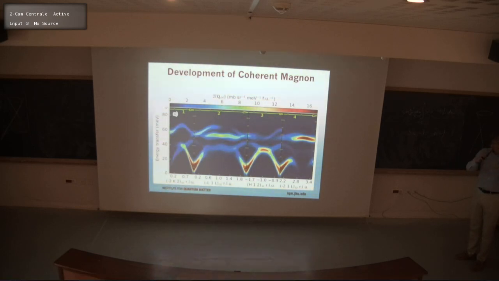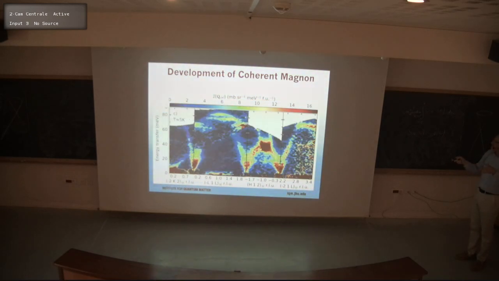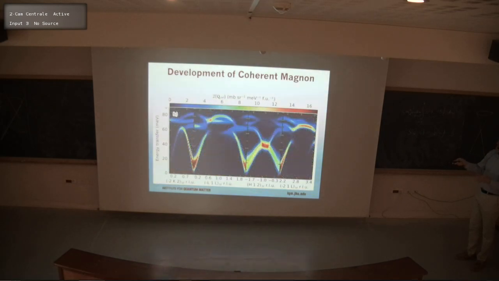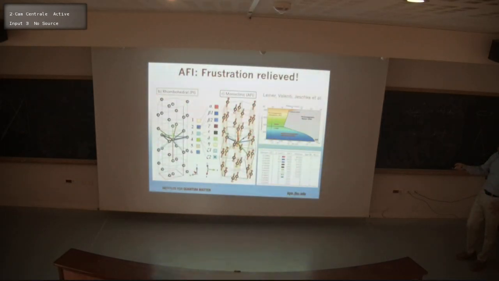You can then adjust the exchange constants a little to try to improve the agreement with the measured excitations, and you get this kind of pattern. And from that, you now have a set of exchange constants, and these are the neutron-determined exchange constants. This is a really complicated crystal structure. You have to look at it for like some months or something. So I'm sorry, but you basically have a set of exchange constants, and what you find is that in that ordered state,